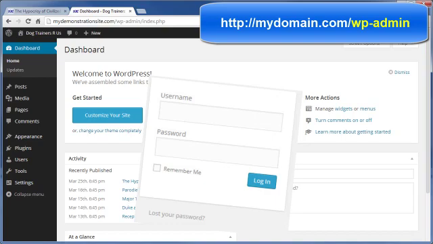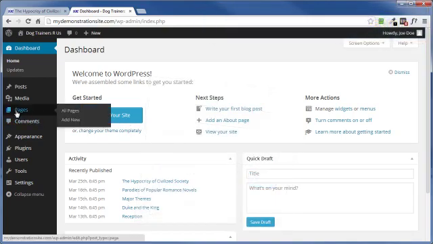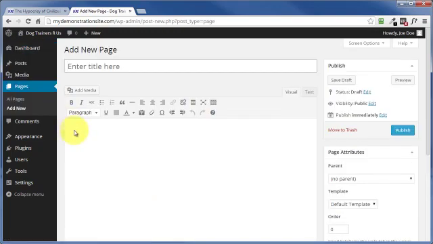Then once you're logged in, come over to the left main menu, and when you hover over the pages link, you're going to get this little flyout menu that lists all pages or add new. Now if you click on all pages or the pages link here, they'll take you to the same page, which is a list of all the pages that you've already published or those that you've started to publish but are currently in the draft stage. But right now let's check out the Add New tab, which brings us to the page editor,